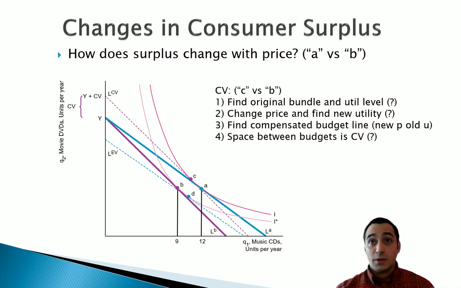Point A, you'll note that's associated with this indifference curve. So that means we start at this utility level. Then we're going to note that the price level has changed. We've gone from the blue line to the purple line. Our question is, how many dollars would I have to spend on this purple line to reach my original